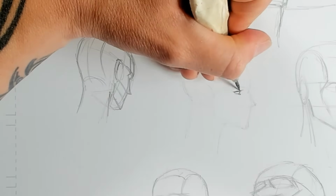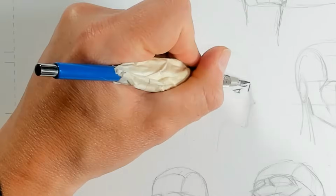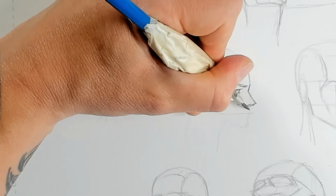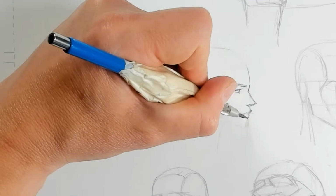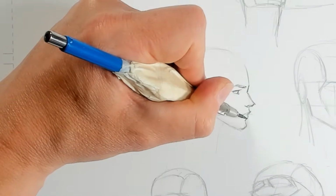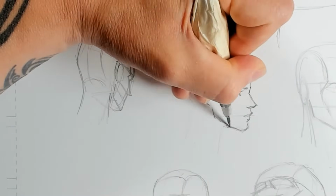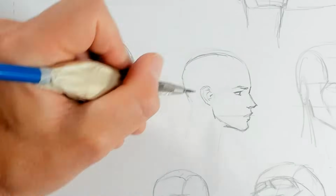So now that I've got all of that in, I'm roughing in my actual features on top of my faces, starting with the profile. I've got my nose projecting out from eye level, projecting out from the nose line, and then I just sketched in a line quickly from my mouth just to make sure that I've got it in the right placement. A little bit of a bump out for the chin, and then my ear just slightly back from the center of my head, and then just getting in the top of my head, the neck,